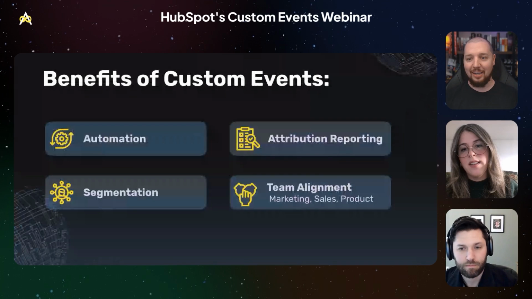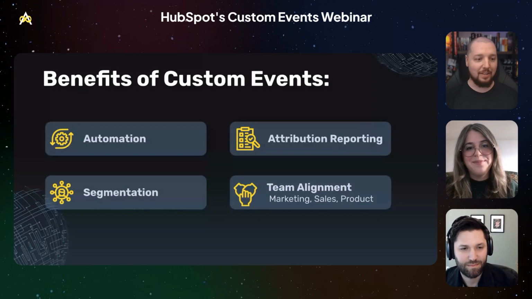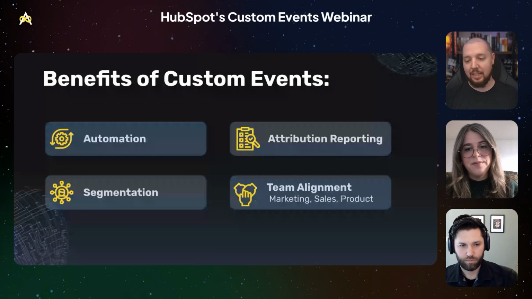Very cool. I'm going to skip over this slide because I think we've already covered a ton of benefits in our use cases and answering some of the questions that have already come across. But, quick overview, it's going to help you with automation. It's going to help you attribute revenue and contact creation and all kinds of stuff back to events that you have recorded. You can segment better, and it's going to create better team alignment between your marketing, sales, and product